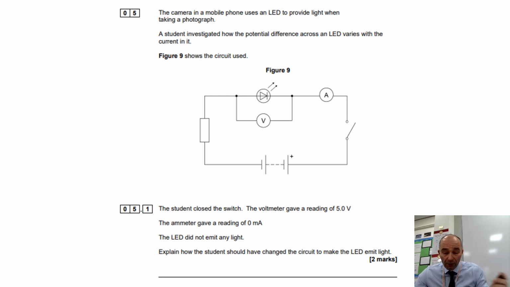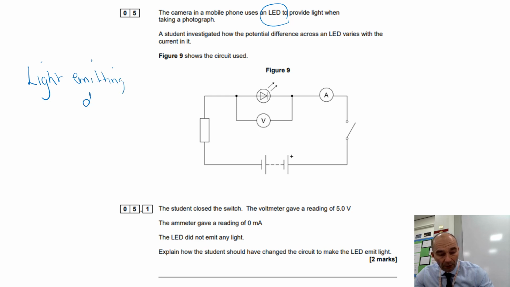Now, this is all about remembering what LED actually stands for. An LED is a light emitting diode. Now the important bit is the diode. Now a diode only allows charge to flow in one direction. So clearly what we've done here, assuming that the LED is a working bulb, we've just connected up the wrong way. So we need to get it to work,